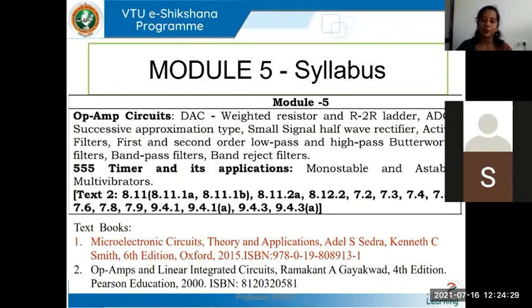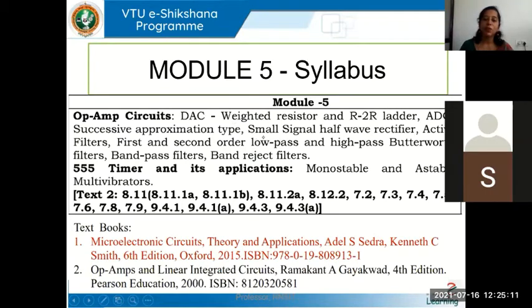So we want to do the processing efficiently in the digital domain. So you use an ADC to convert from analog to digital, and process it in the digital domain. And once the processing is done, I have to convert it back to analog so that it will be in a proper usable form for the human user. Whoever is trying to use that data should get it back in the same form in which they had sent it. So we have to use a digital to analog converter at the end of processing to get back the analog signal. Okay, and that's where our DACs and ADCs come into the picture.